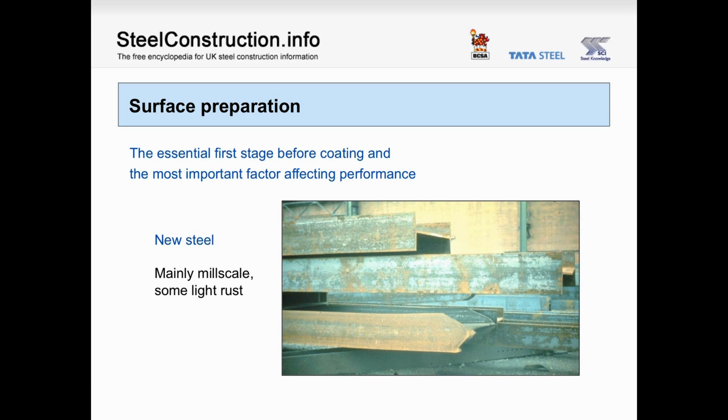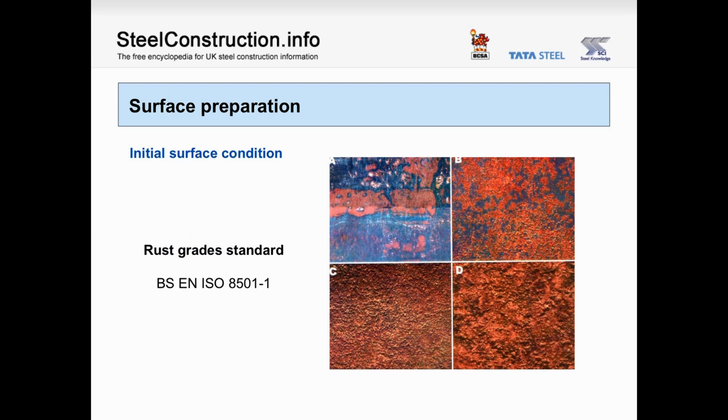Other surface contaminants on rolled steel such as oil or grease are also undesirable and must be removed before the blast cleaning process. The amount of rust on new steel depends upon the length of time it has been exposed to damp or wet environments. Four categories of rust grades are described in BS EN ISO 8501-1. The grades are illustrated in the standard and described as follows. Grade A, steel surface largely covered